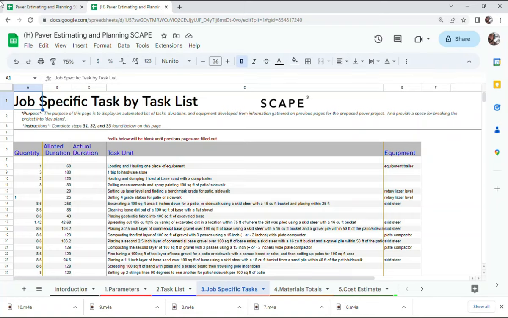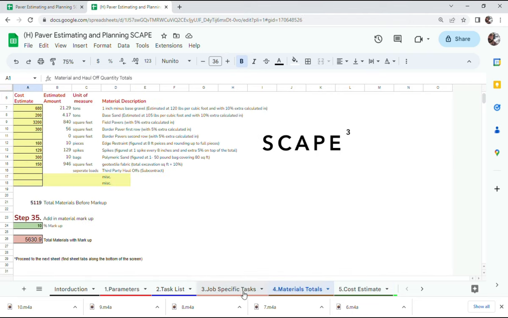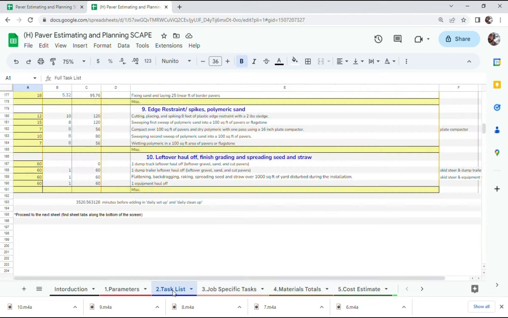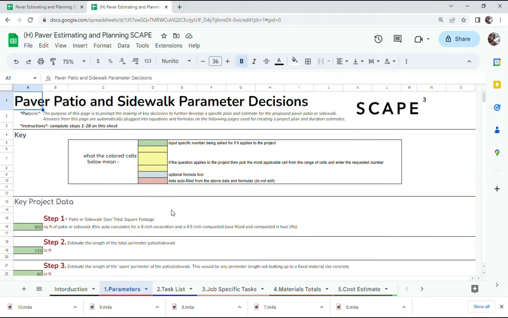Hey, what's up? In this video, I'm going to show you a Paver spreadsheet and explain how I believe this system could transform your estimating and installations. I'm going to be switching back and forth between 5 different pages. They're located down here at the bottom, and I'm actually going to start out on this last page called Cost